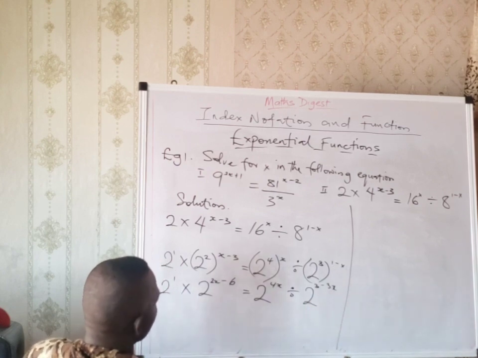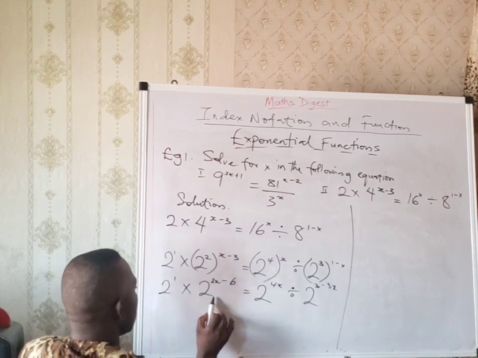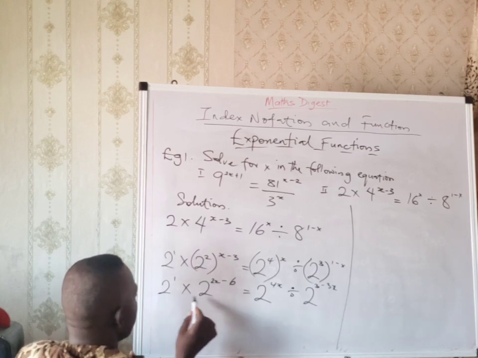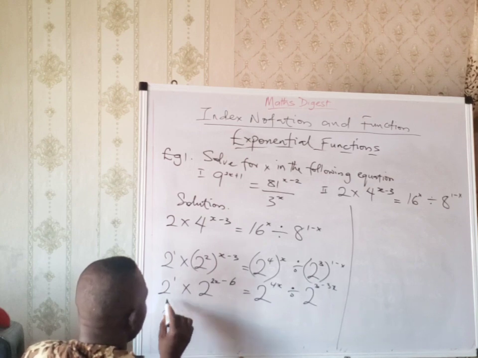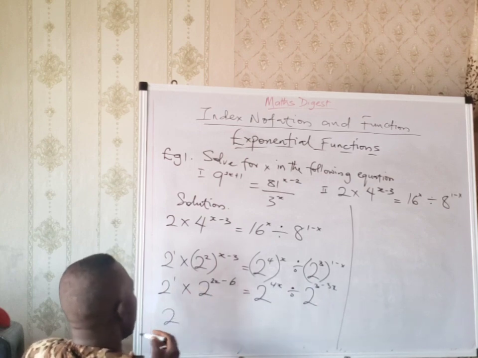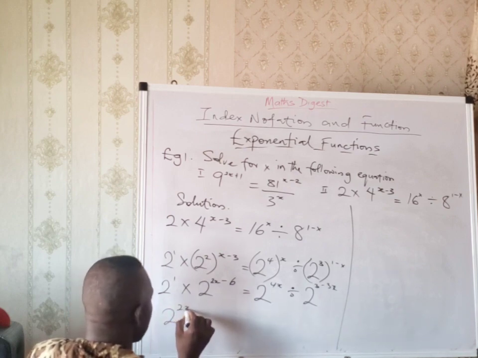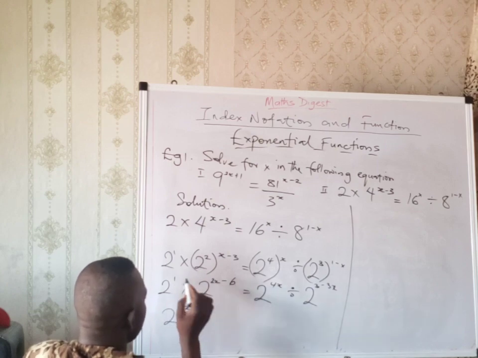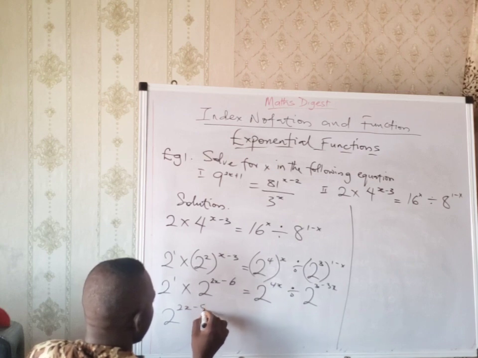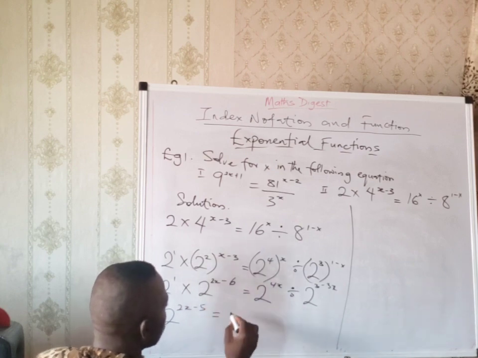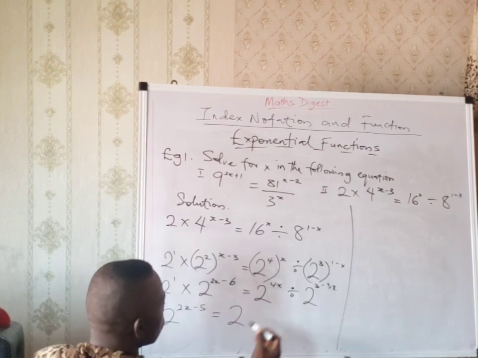So with this, we remember our what? The first law, the product law. When you have the same base here, you can simply say that this is 2 raised to power whatever you have here, you can add it together. So what that means is that 2x minus 6 plus 1 is what? Is minus 5. And this is equal to, coming to this side, they have common base, so you have 2. Now, combining these two, you have,